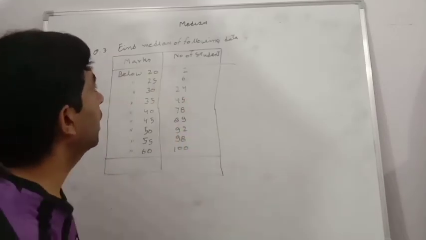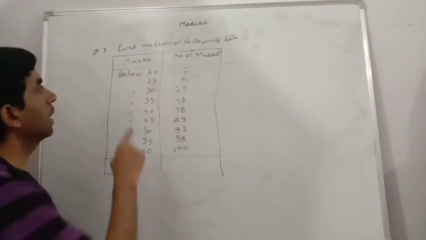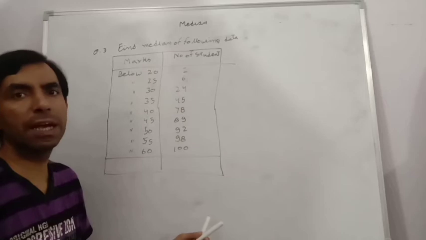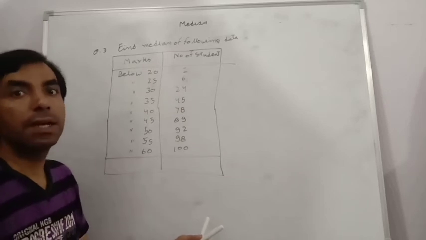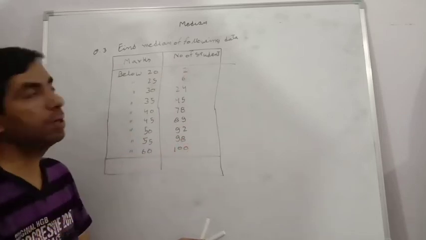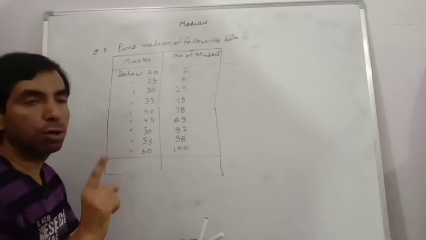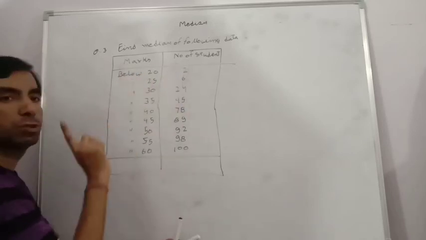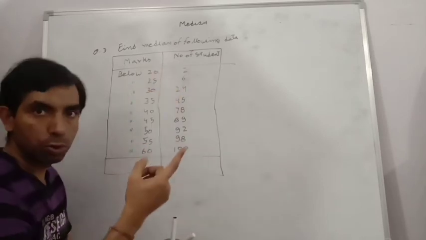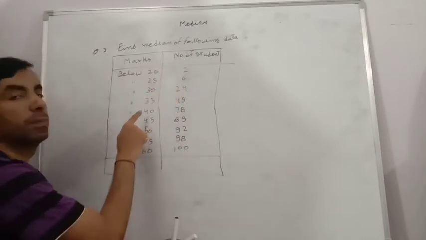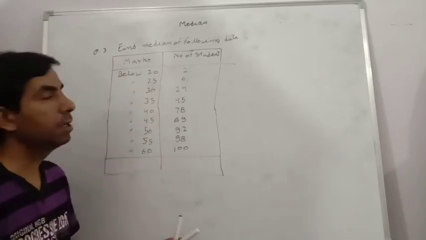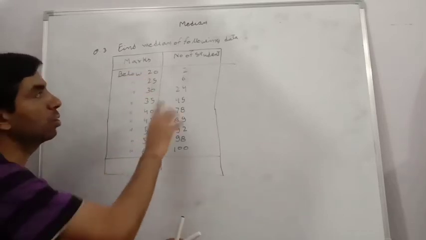Here we have given: find the median of the following data. Data are given below 20. Sometimes we have given below or more than, less than, this type. Then the number of students is not a frequency because it is in ascending order. Because below 20 we have 2 students, but below 25 we have these 2 students also. So each time the previous students are also added. So by this method we check that it is not a frequency.